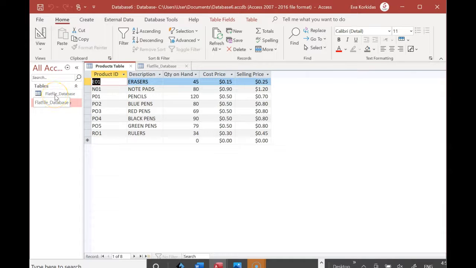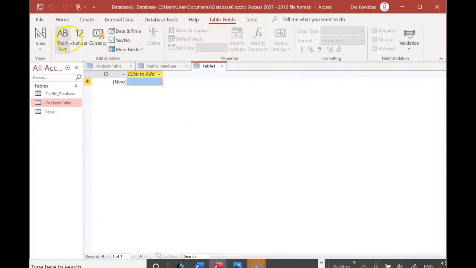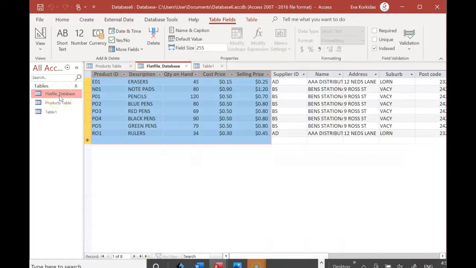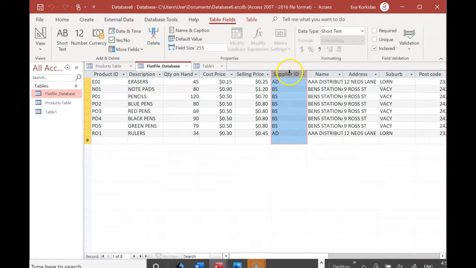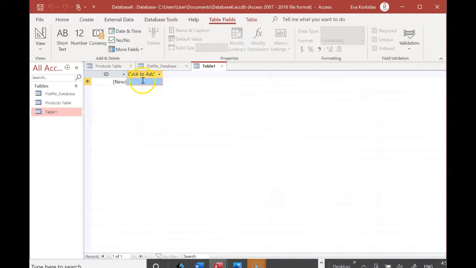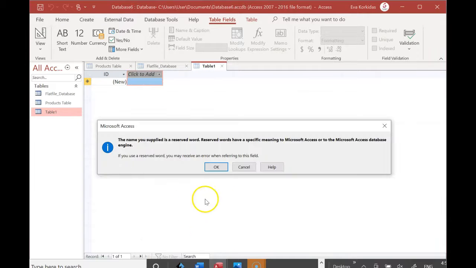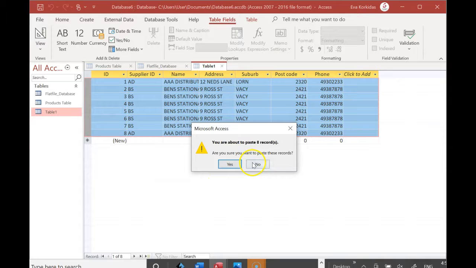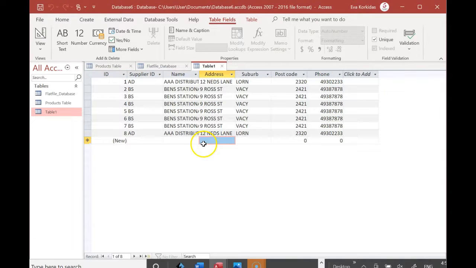The next thing we're going to do is create a supplier table. So we're going to go to create supplier table. And we're going to go back and add our supplier fields. So I'm just going to copy them over. Copy. Right click, paste as fields. Okay. You're about to paste 8 records. All right, well,